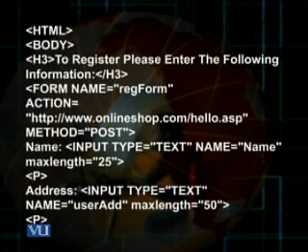Here note that I have kept the value of the action attribute as a URL where an ASP file called hello.asp is residing. Therefore, when the user clicks on the button register, which is a submit type button, after entering different values in the text boxes in the form, all the information contained in the form would be supplied to the ASP file residing on the server side called hello.asp.